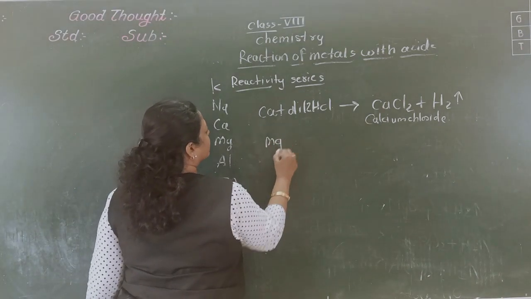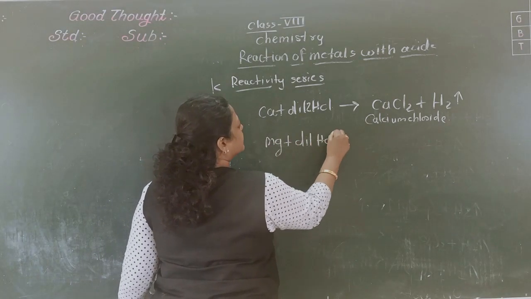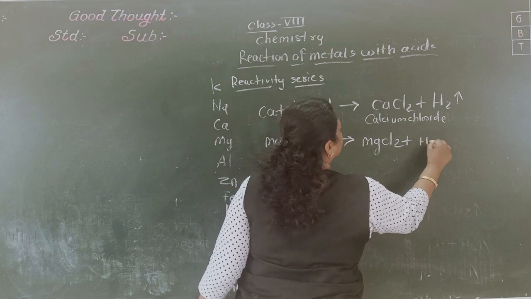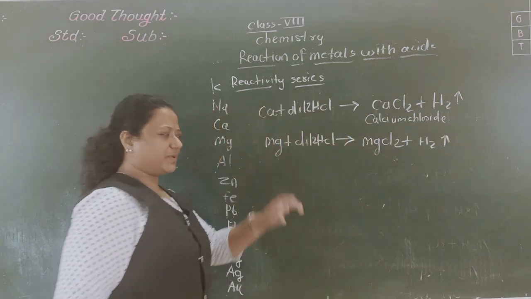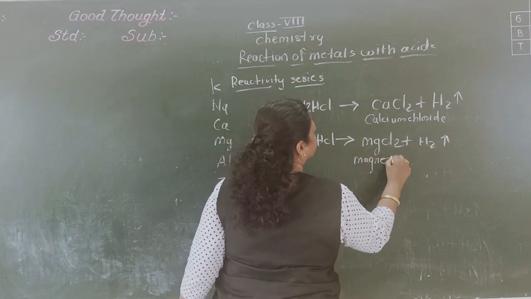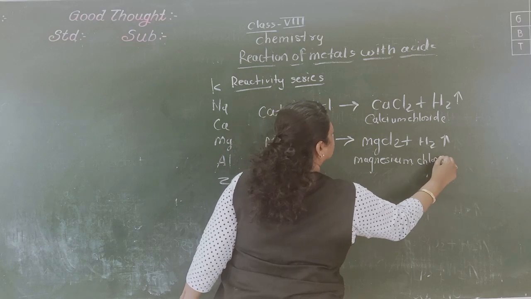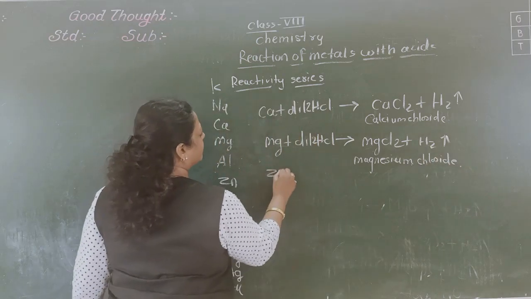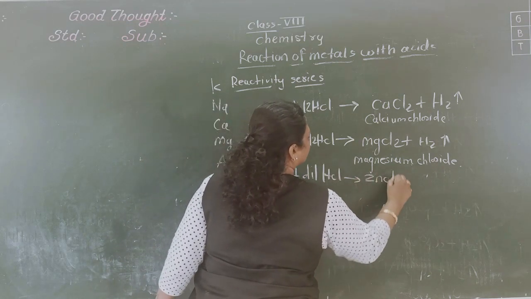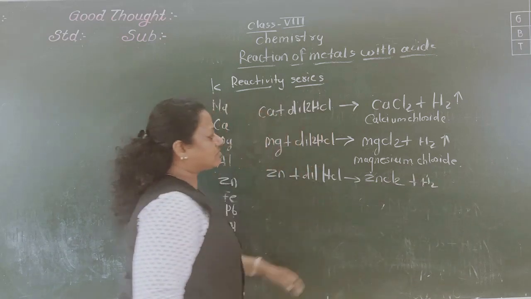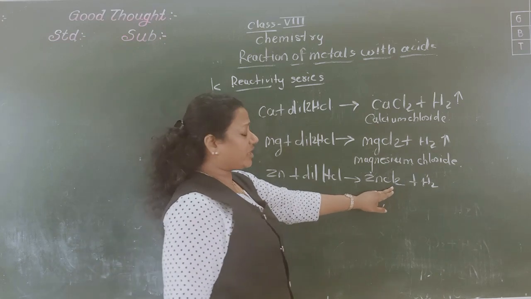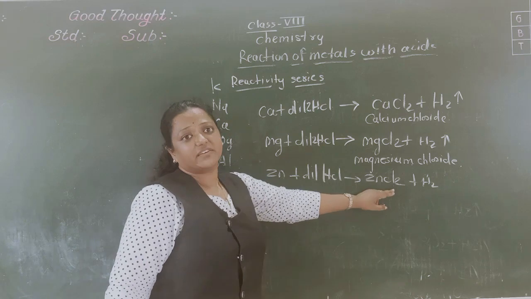If you take Mg, students, Mg plus dilute HCl, then what will happen? MgCl2 plus H2. Balancing, please don't ignore the balancing. Magnesium chloride. This salt will be magnesium chloride. Okay. Zinc, if you take zinc plus dilute HCl, then ZnCl2 plus H2. See students, why am I writing Cl2? Because chlorine has atomic number 17, right? So 2, 8, 7. So it will be in need of